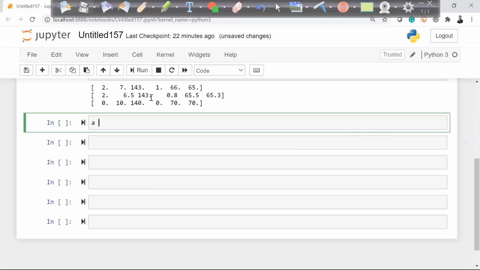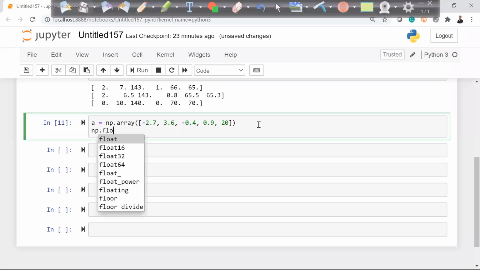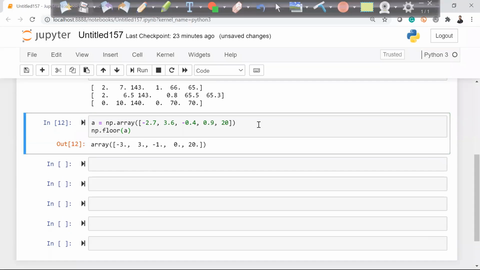Let's say we have an array. A is equal to np.array, minus 2.7, 3.6, minus 0.4, 0.9, 20. Now there is a command called floor, np.floor, and floor of a. So you see it's going to the nearest round value.